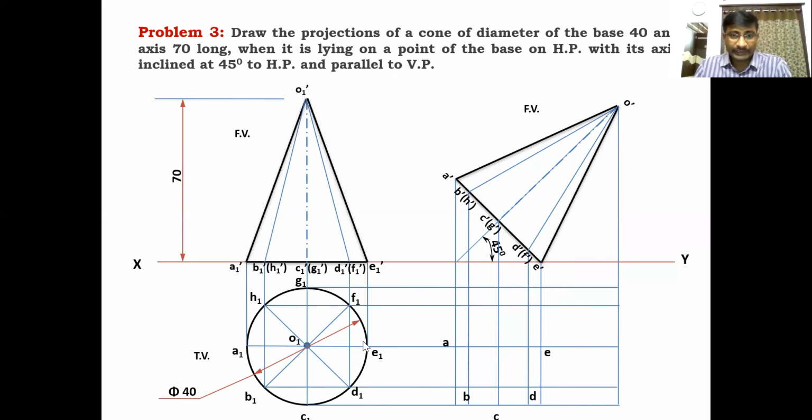The line coming from E dash intersecting with the E1 line is located as E. The F dash line and F1 line intersect at F. The G dash line and G1 line intersect at G, and the H dash line and the line coming from H1 intersect at H. These are the points we will get. This is the base, which looks like an ellipse. Whenever the axis rotates, the base looks like an ellipse. Clear? Another point is also there, the apex point. The O dash line intersecting the O1 line is located as O. This point is O.